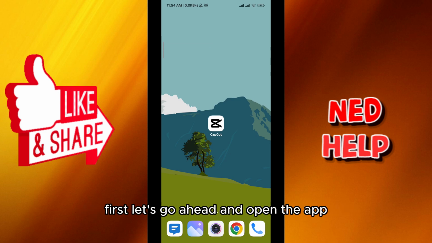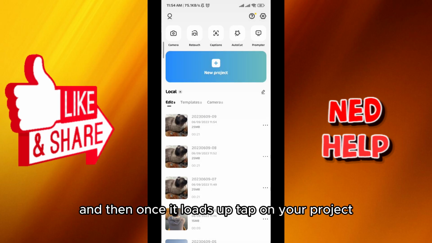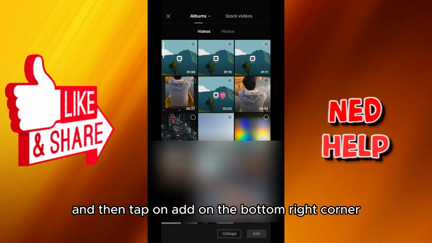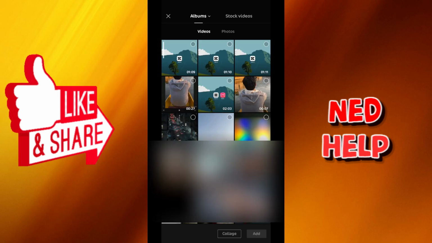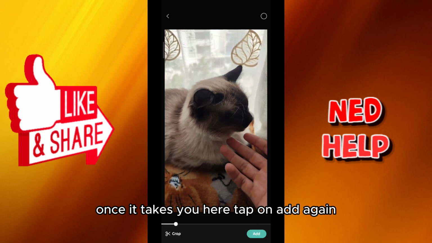First, let's go ahead and open the app, and then once it loads up, tap on New Project. Select the video that you want to slow down from here and then tap on Add on the bottom right corner. Once it takes you here, tap on Add again,